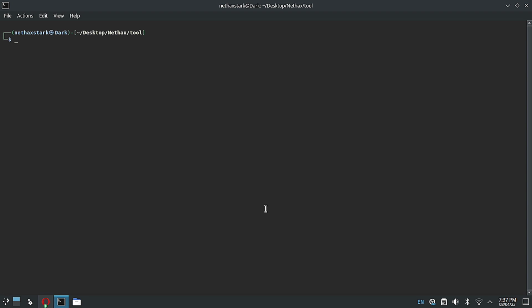Basically, it is responsible for finding information, and this is a tool you will definitely need if you are doing bug bounties or trying to find vulnerabilities in a system. So let's go. First of all, we have to go to the